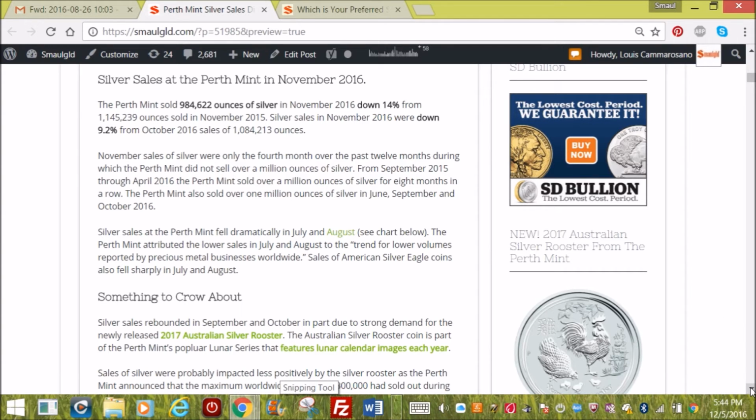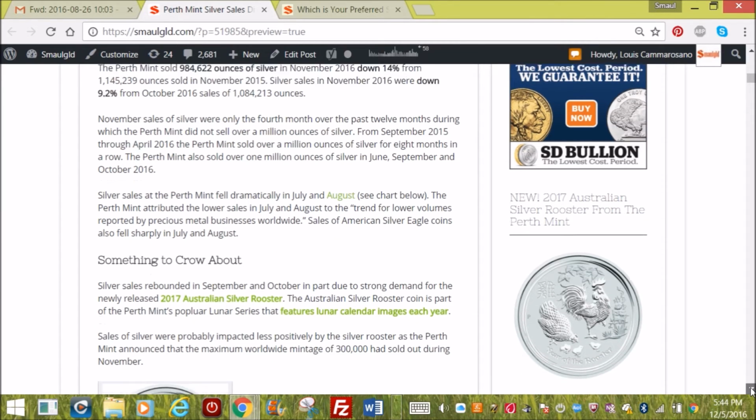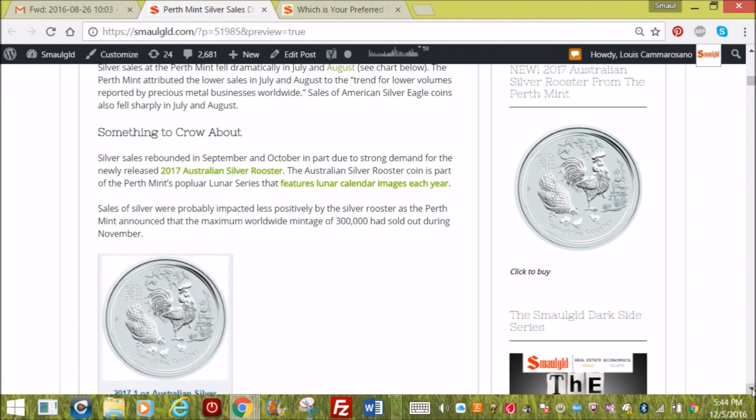What helped drive sales or rebound silver sales in September and October was the introduction of the 2017 Australian Silver Rooster. Now that coin has been part of the Lunar series that the Perth Mint has been putting out every year since 2008, and they sell out every year. This year's vintage was 300,000, and it had sold out probably at some point during November,